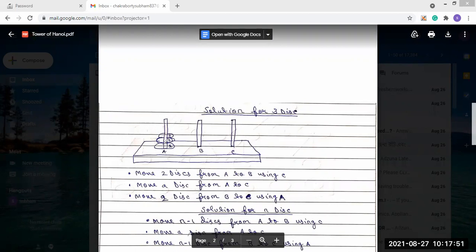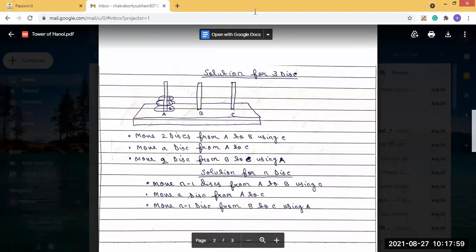So this is the solution for the moving of the disk. Now, if we move n number of disks, then what will happen? It is a solution for 3 disks. So in case of 3, if we place n, that is the solution for n disks. If we see these steps, first move 2 disks from A to B